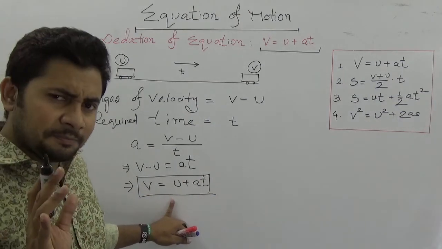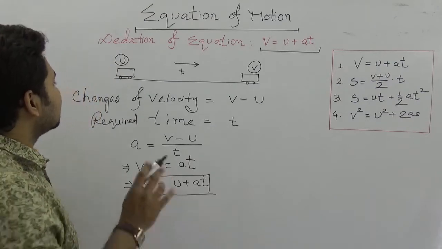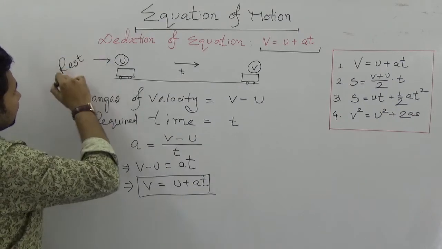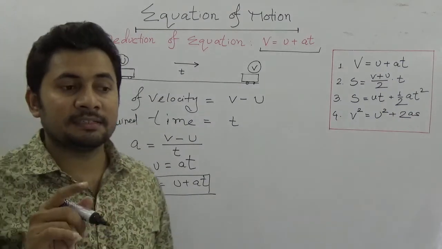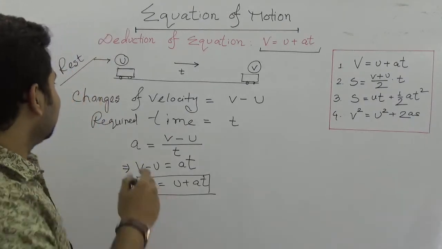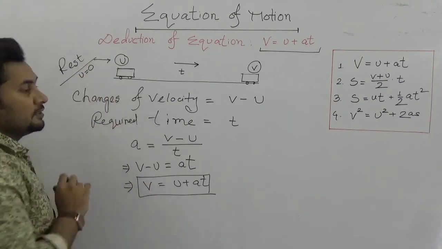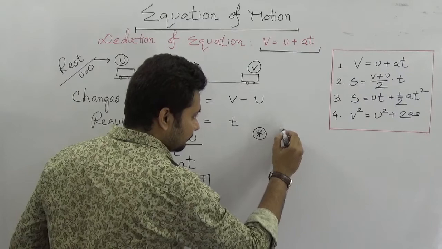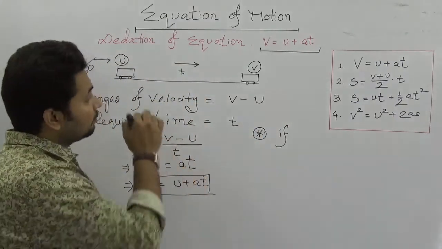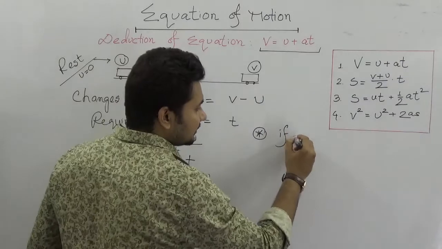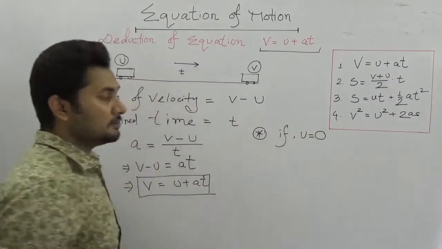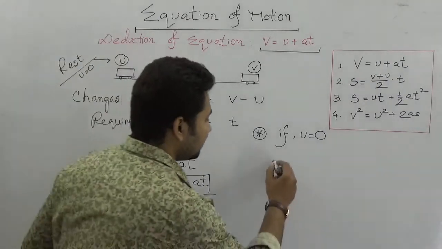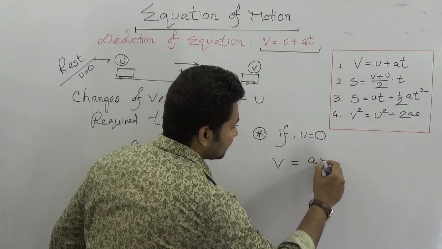But in special cases, if somebody says that u is 0 because it started from rest, then we know that the value of u is equal to 0. If we say that the moving car started from rest, then we must say u is equal to 0. If u is equal to 0, then v is equal to a times t,